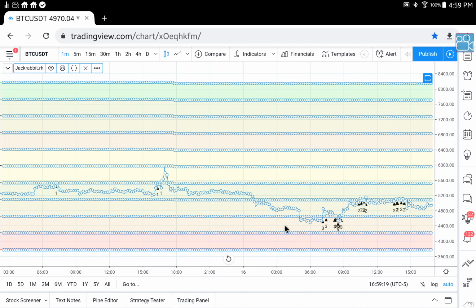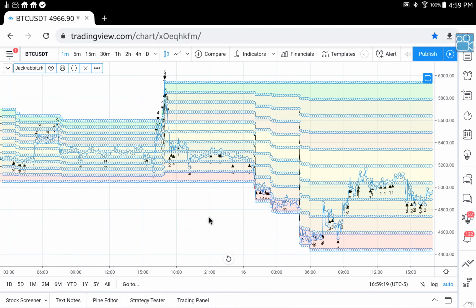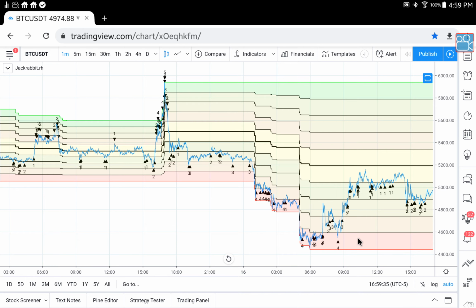So now we're going to change the analysis level. Each analysis level is broken up by 1,000 candlesticks. For example, the light analysis is 1,000 candlesticks. The maximum analysis is 5,000 candlesticks. And as you can see,